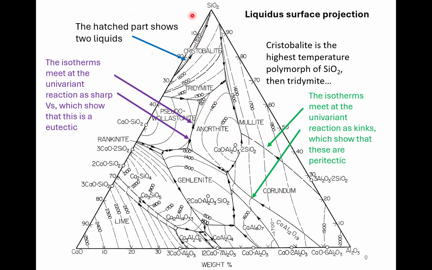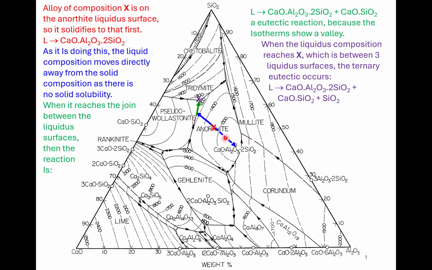So that makes it kind of interesting. And then from here, you can work out how it's going to solidify. So if that's the composition of this, because we're on this liquidus surface, it's going to form that. And because that has got no range in compositions, as that solidifies, the liquid composition will move directly away from it, over that liquidus surface, until it reaches this